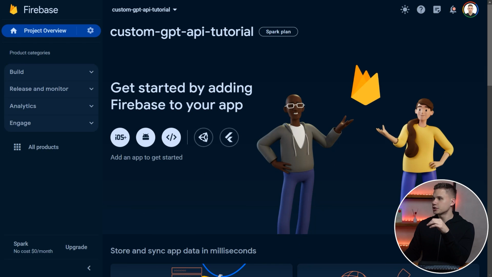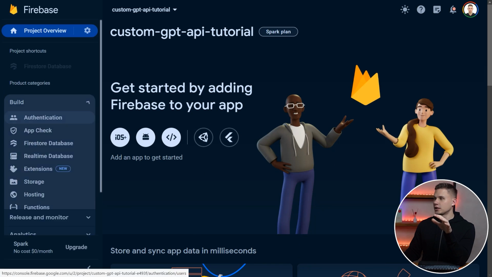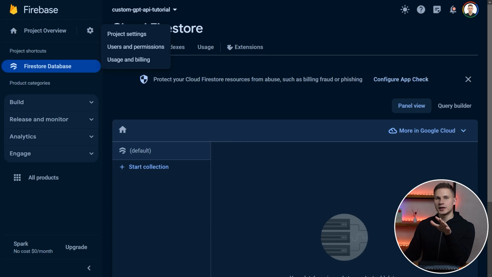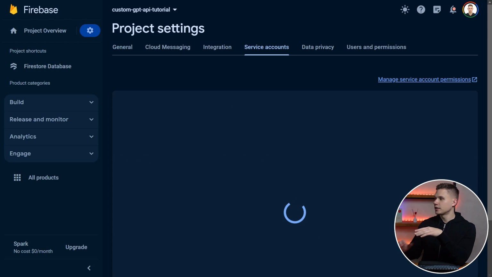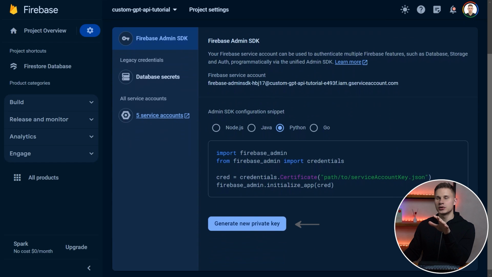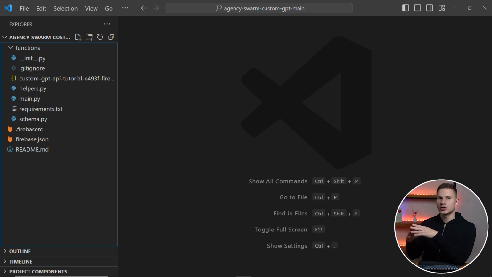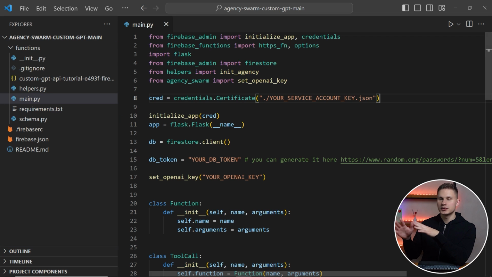After creating the project, you'll be taken to your project's dashboard. Open the Firestore database under the Build tab and enable this service. Then go to your project settings, click Service Accounts, then click Python and click Generate New Key. Drop this key into the functions directory of the repository that you have just cloned from our Discord server, and